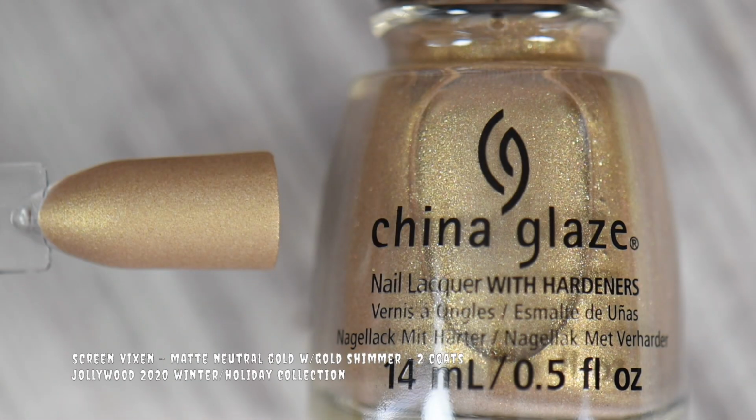Next we have Screen Vixen, and this is another matte. It is a matte neutral gold with a gold shimmer. Now, if you've noticed, it's not your typical bright or intense yellow gold. This is more on the softer side, which I feel like is fantastic for this time of year. Again, another palette cleanser, but also I feel like it works both in the fall and also in the winter,